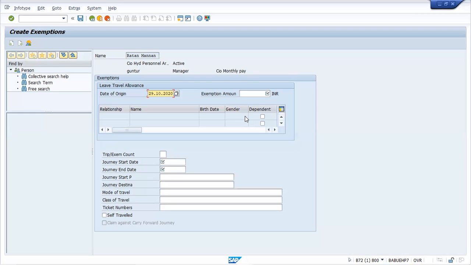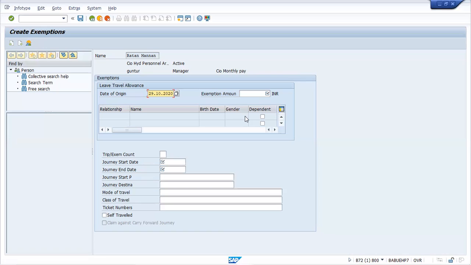Suppose you are taking a flight, a train, or buses. On a to-and-fro journey, all the expenses incurred during that period you can add. Also, if there are small expenses, like a small bus or car, local travel, or Ola or Uber, those you can also add and combine, and enter the entire total exemption amount here.